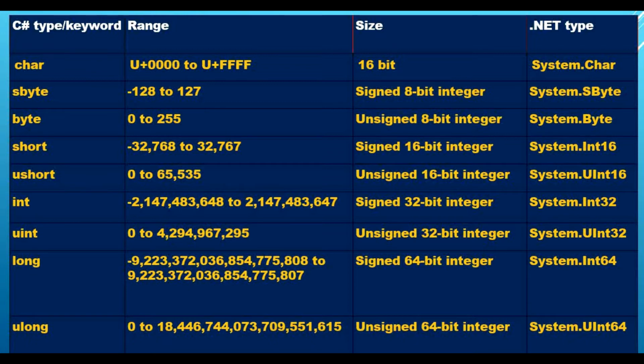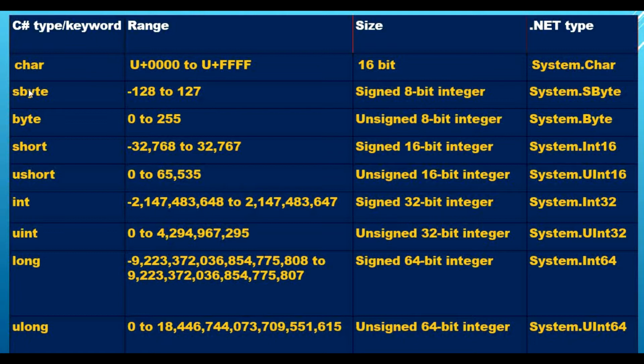Okay, and again, the last column says .NET type. So it is coming from the System.Char class. Now this is an alias for that type. This is a keyword, but it is coming from this class, which is in the namespace System. Now, what namespaces are, we saw in the last video, so please check that out if you are not aware of namespaces. So it is coming from the namespace System, and it is present in the class Char.